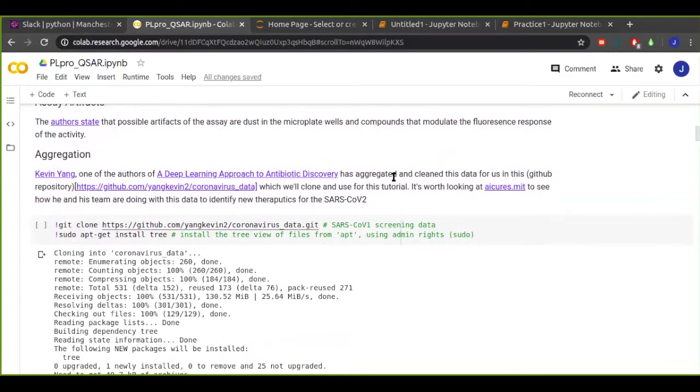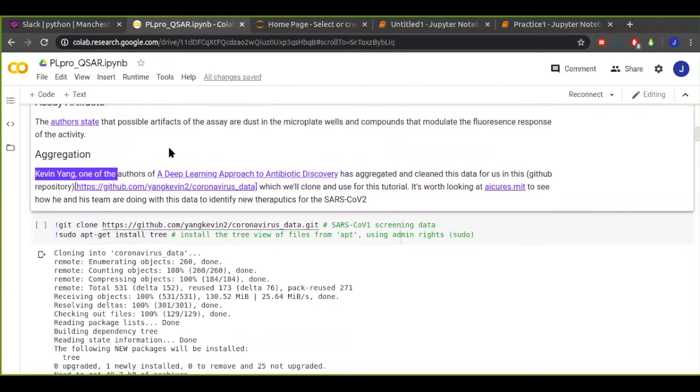And the data, fortunately, has been aggregated by this guy I mentioned earlier, Kevin Yang, who's a student at MIT and was one of the authors of this deep learning antibiotic discovery paper. And he's aggregated it into a really convenient data frame, or a CSV, that we can use.